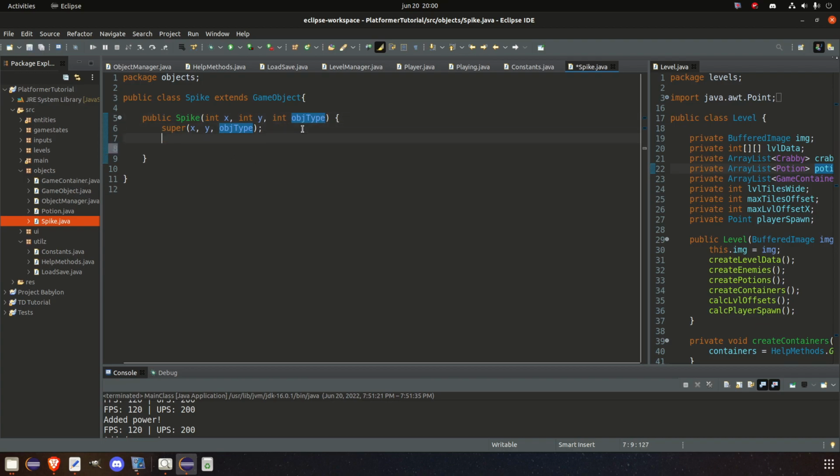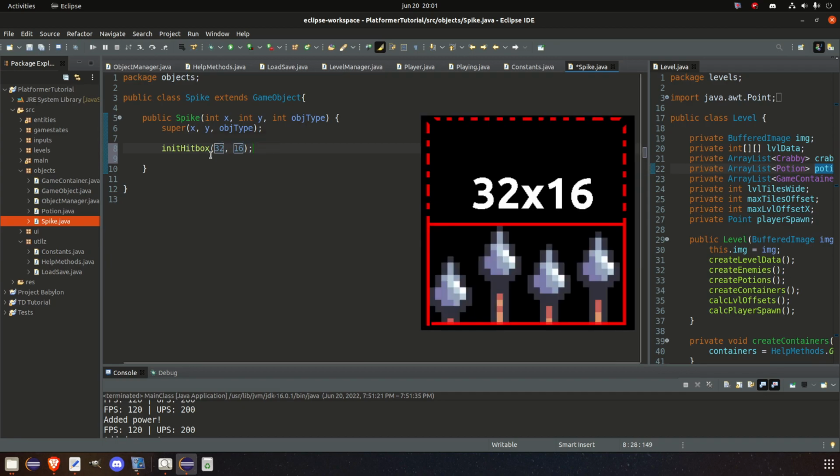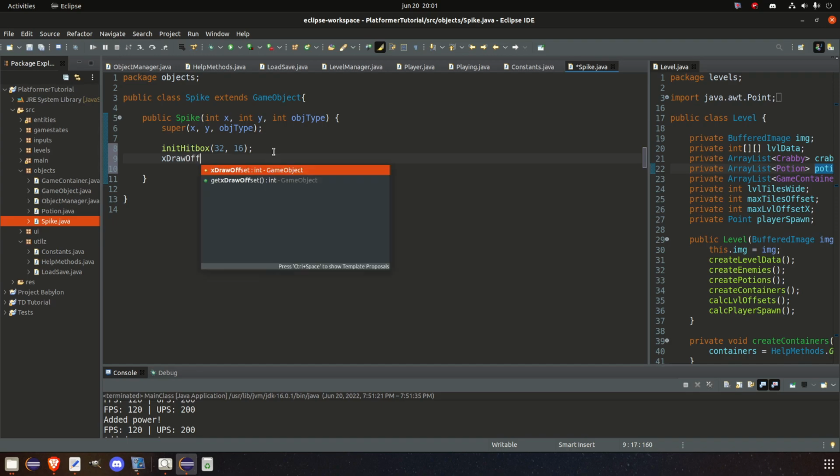And then we need to initialize the hitbox for this one. Because if the player hits the spikes, he dies. So initHitbox. And it's 32 by 16. So the spikes are the same size in width, but half the size in height when it comes to the hitbox. And therefore xDrawOffset will be equal to 0. yDrawOffset will be int